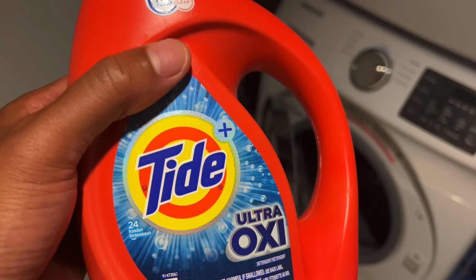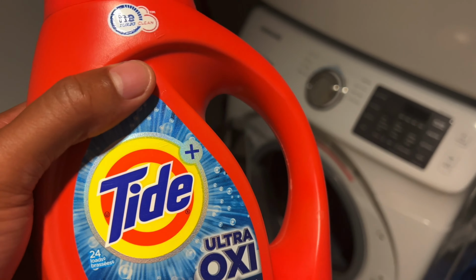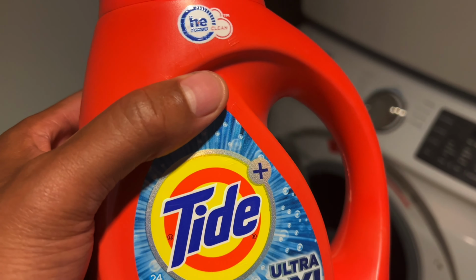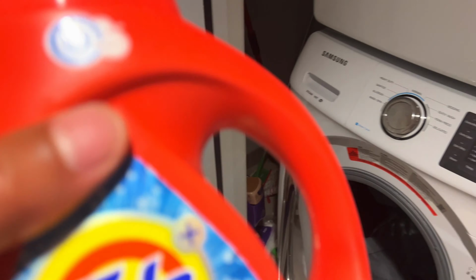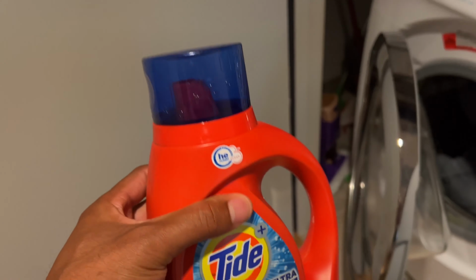Now, I have a front-loading washing machine, so I'm going to add it to the compartment drawer. Now, if you have a top-loading washing machine, you'll want to add it directly to the drum before you add the clothes. Right here, I have Tide Ultra Oxy, and I'm going to go ahead